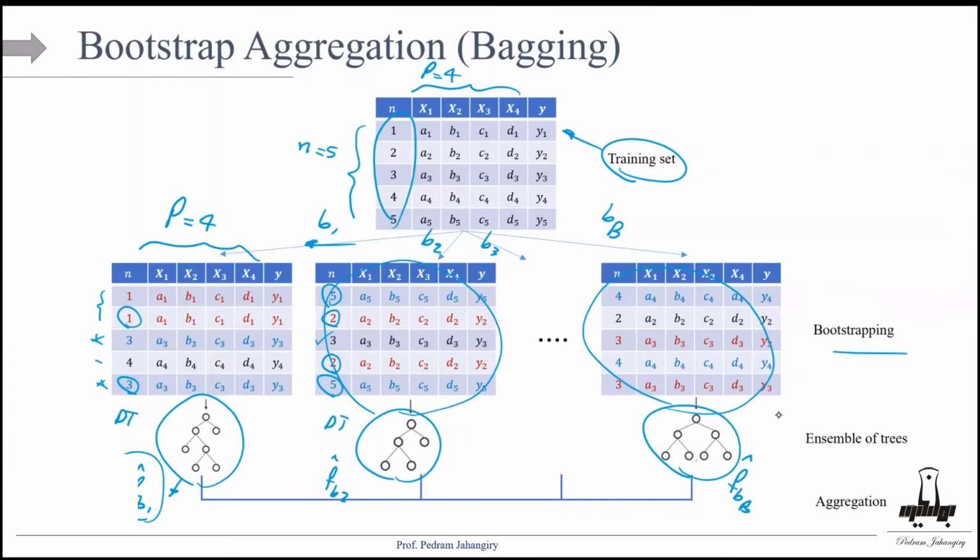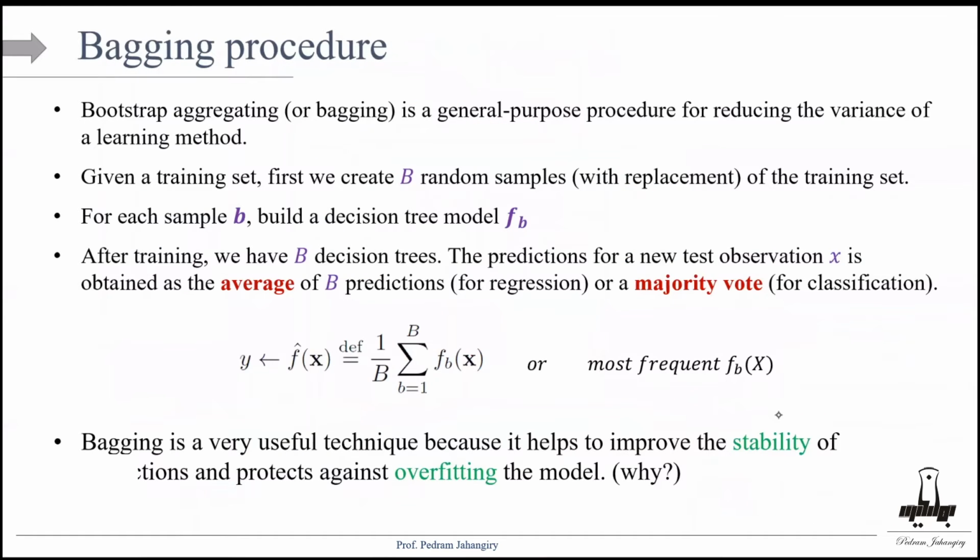So these are ensemble trees, and then we are aggregating. At the end of the day, we will aggregate the outputs by, if it is regression, we look at the average of these. If it is classification, we look at the majority vote. So that's the idea of bootstrap aggregation or bagging. Bootstrap aggregation is a general purpose procedure for reducing the variance of a learning method, right? Again, I said it earlier, but remember, the way that bootstrap is able to reduce the variance is that we know that the variance of sum of